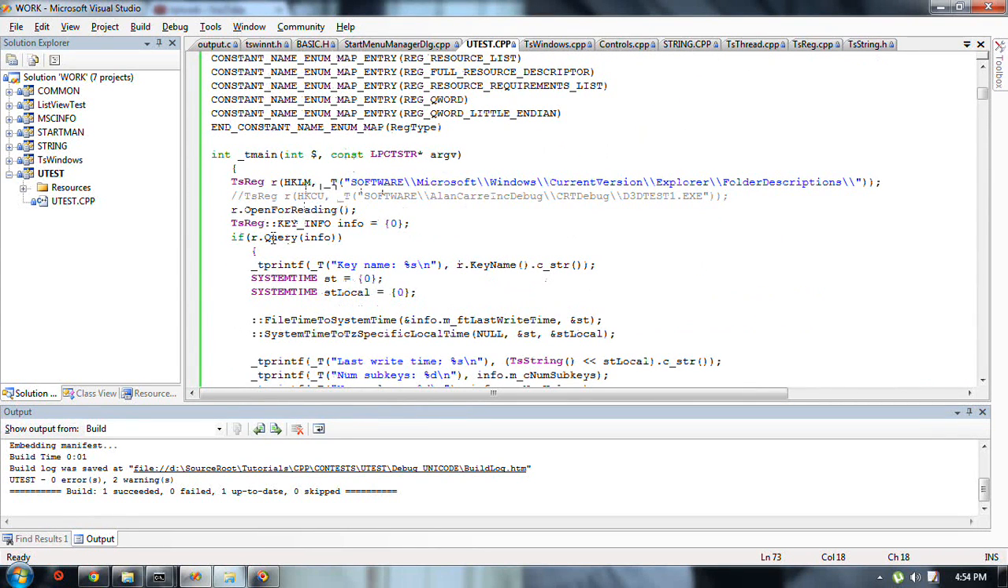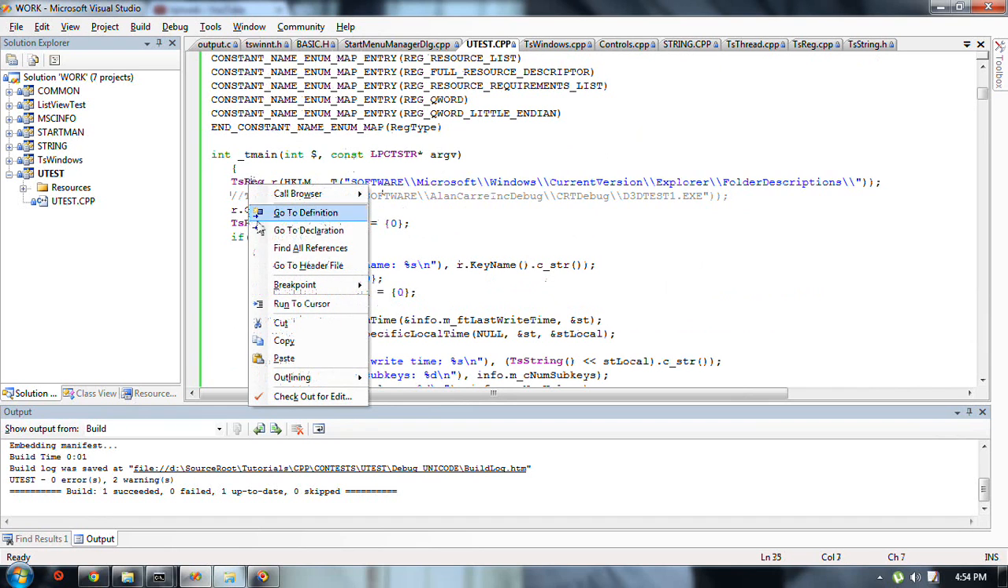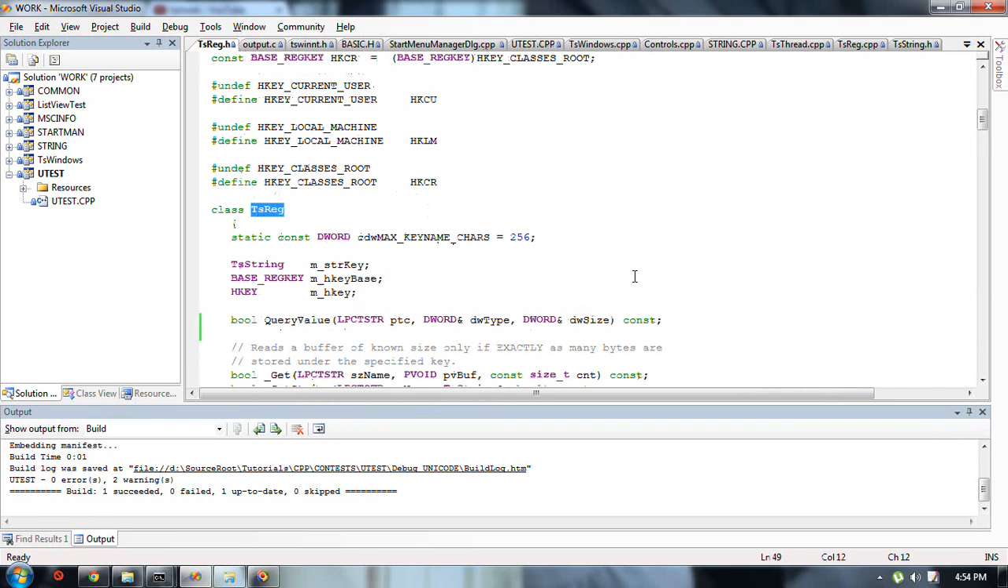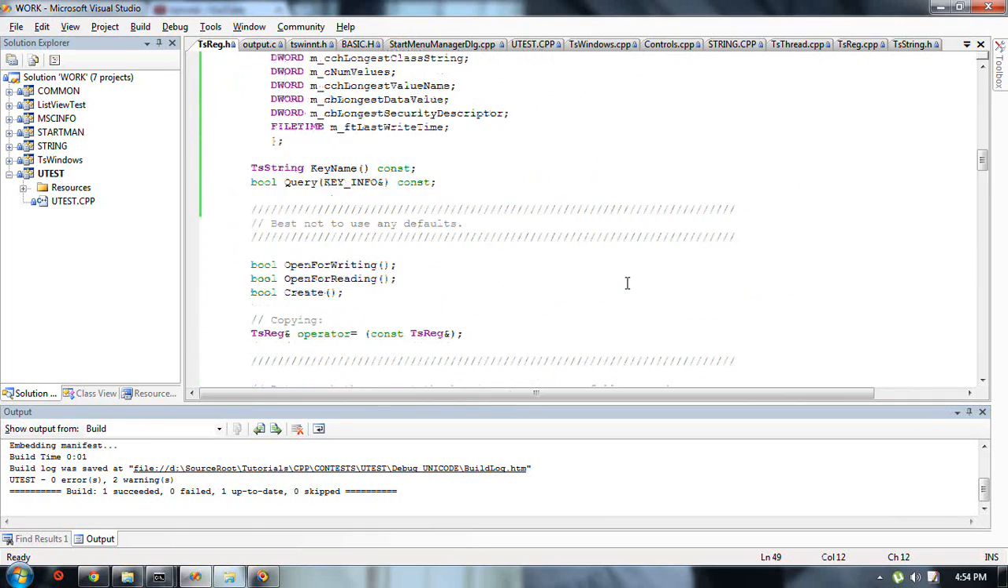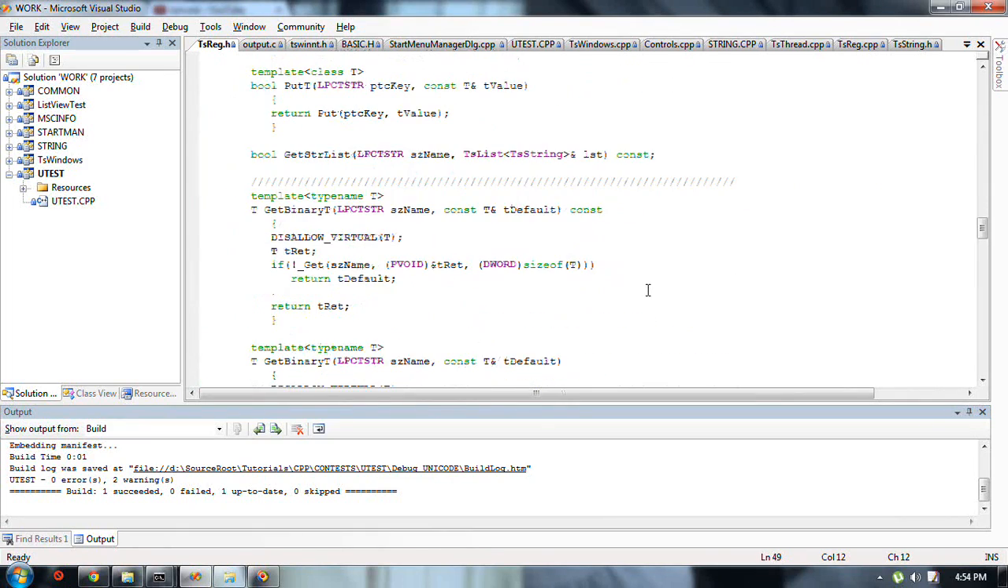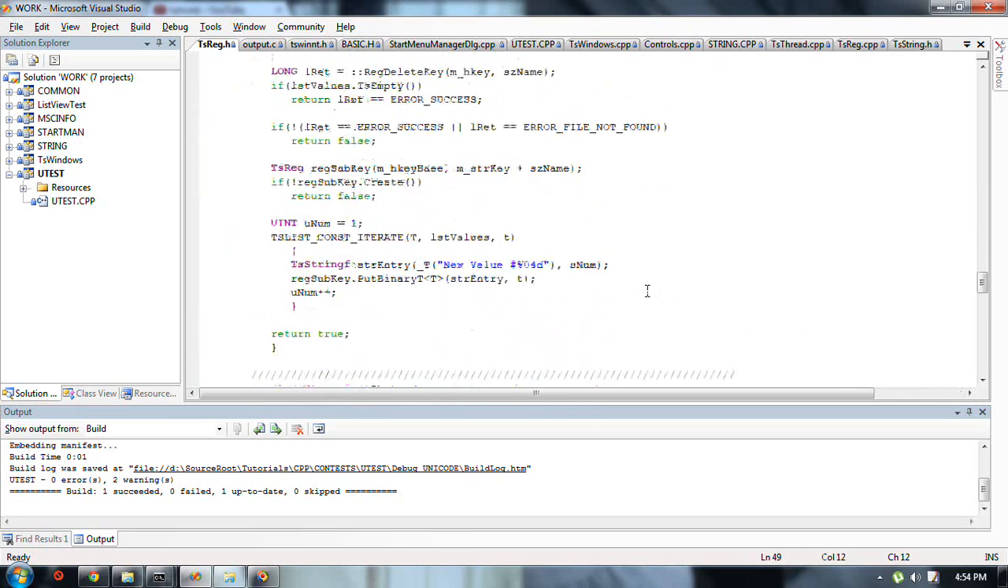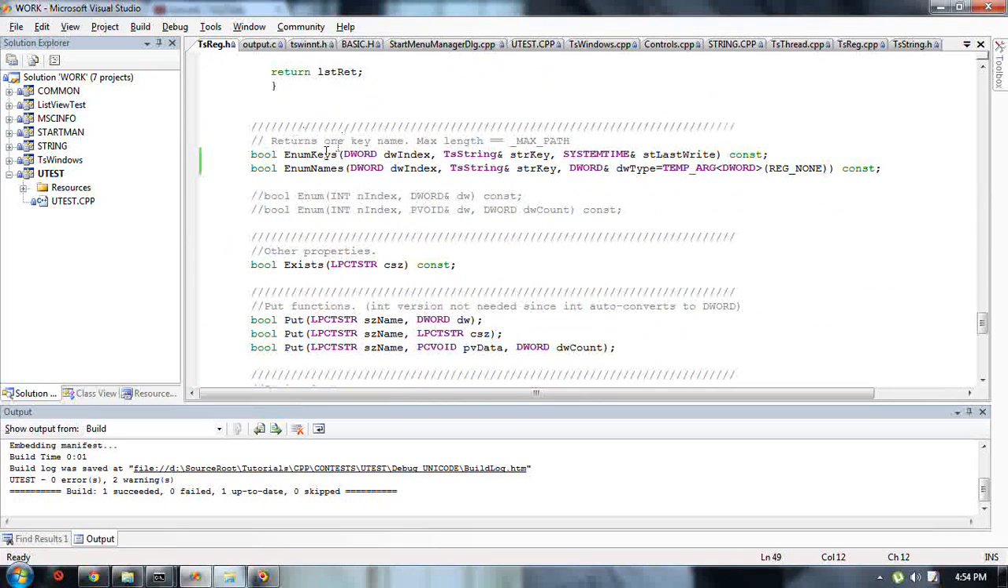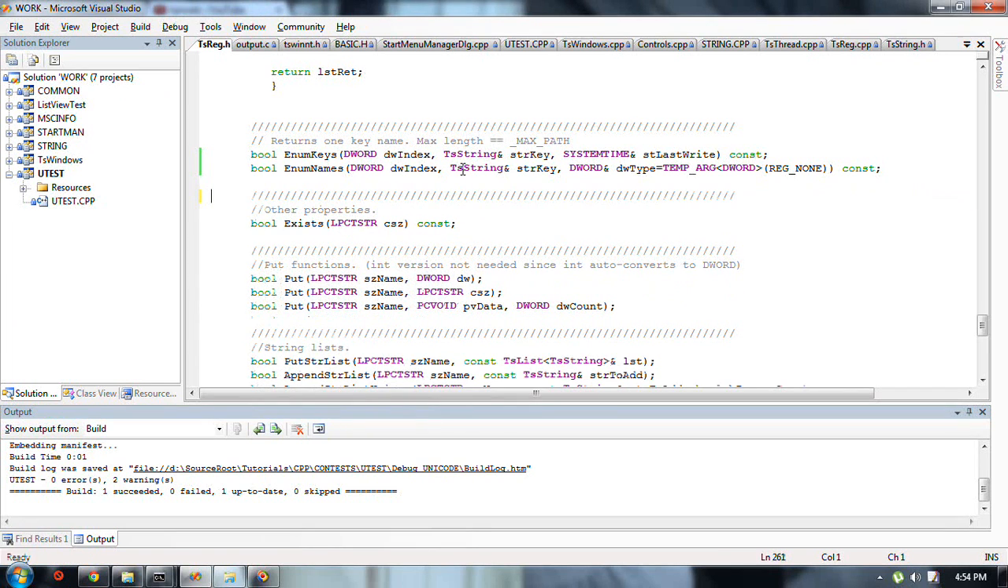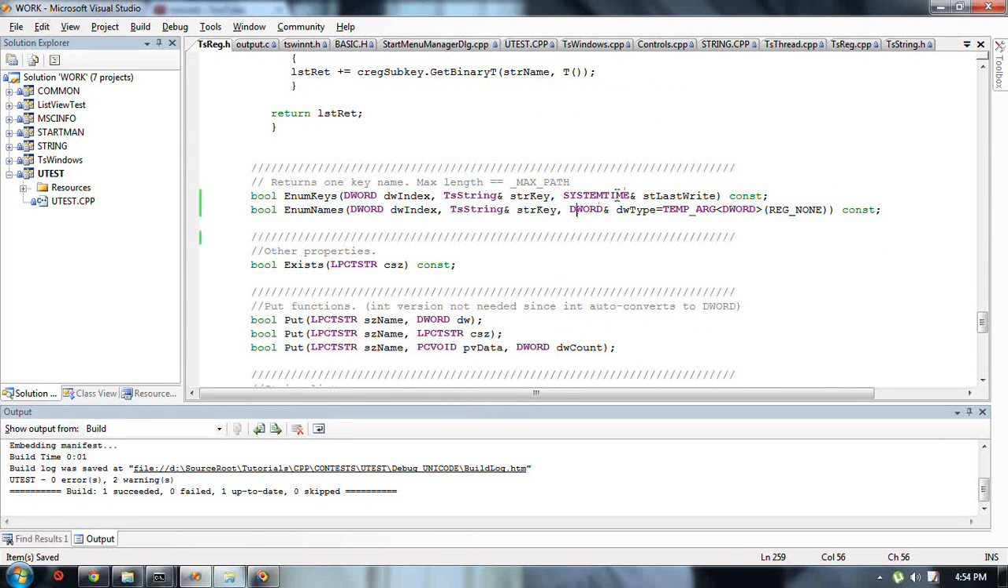So one of the things I added in my registry class, one more function really. I have this enum names, which I changed the way it works. In fact, I don't need these comments. It used to take a D word, just a D word. Now it takes a D word ref, and